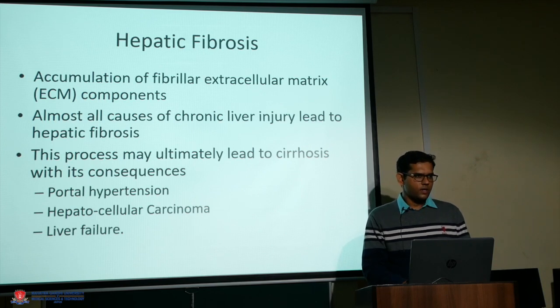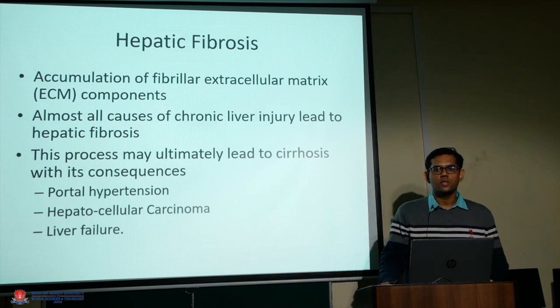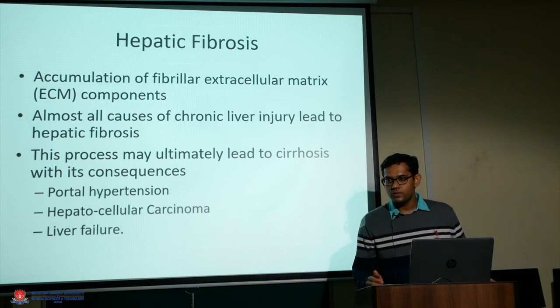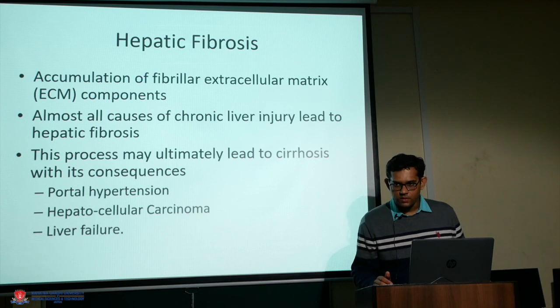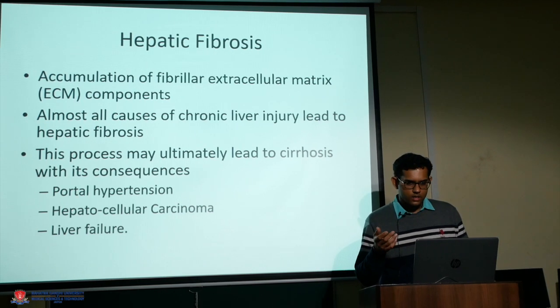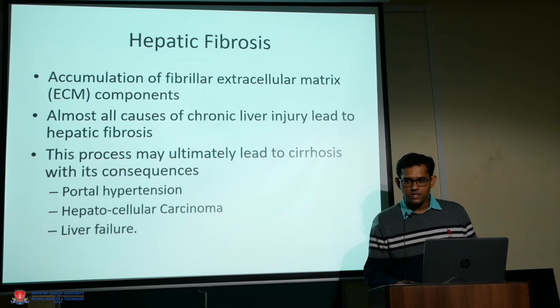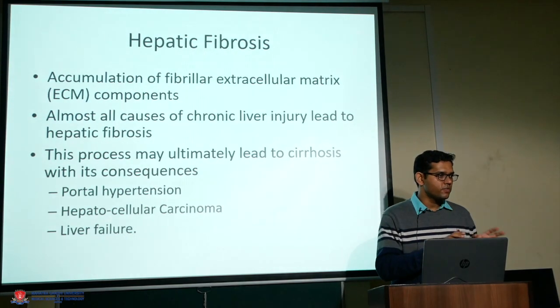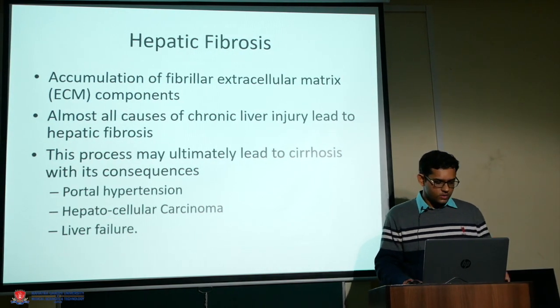Now, the basic use of transient elastography is knowing, in a non-invasive manner, the amount of fibrosis in the liver. It may be related to any disease, maybe hepatitis B, C, non-alcoholic fatty liver disease, NASH. So it basically measures the stiffness of the liver. Now let's go through this topic.